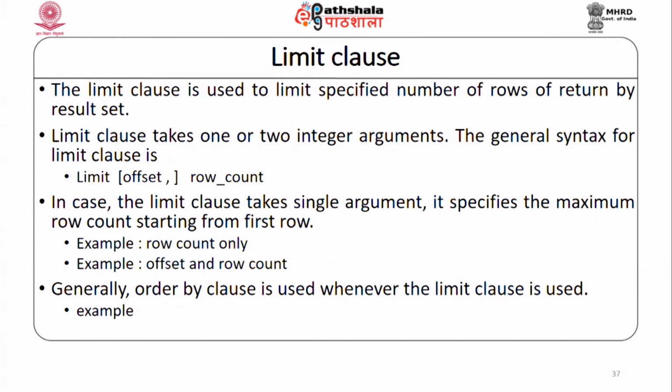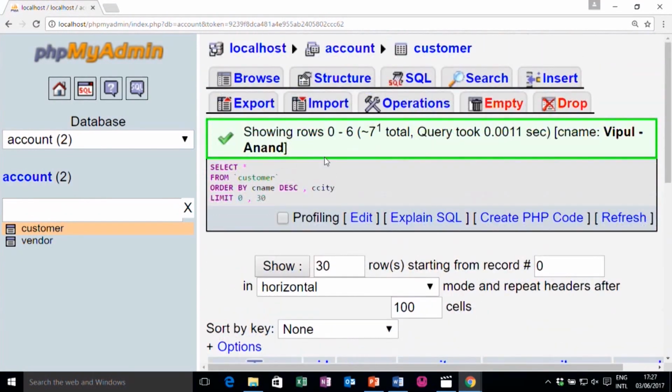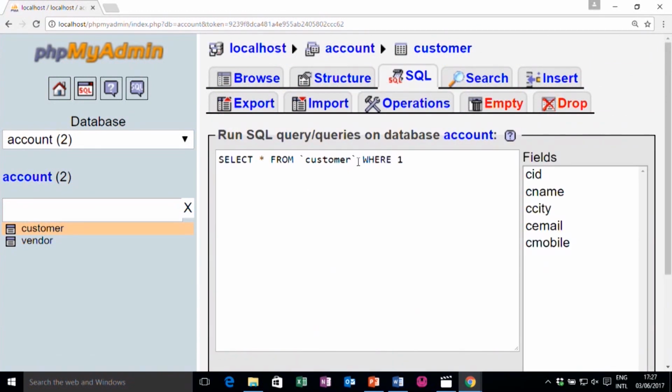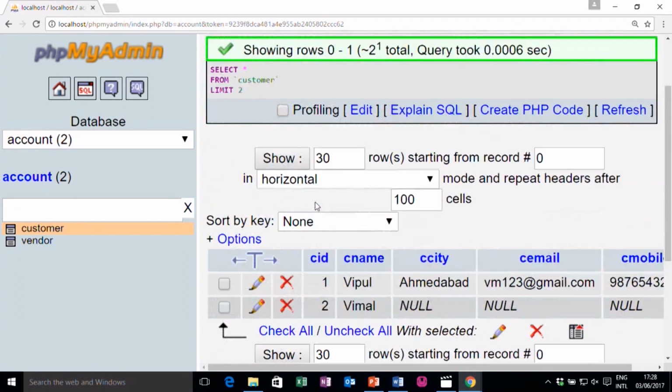The limit statement is also used. It is optional, but you can provide how many records you would like to display. The general syntax is limit, offset and row count, and the offset is optional; if omitted, you give only one value. Say for example, if I write select star from customer limit 2, it will display only 2 records.